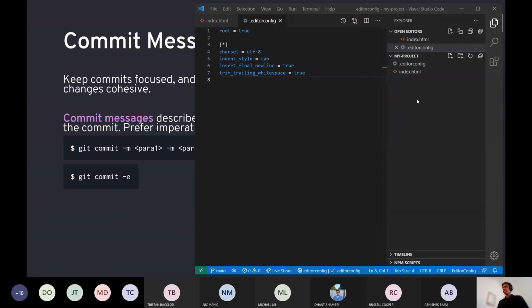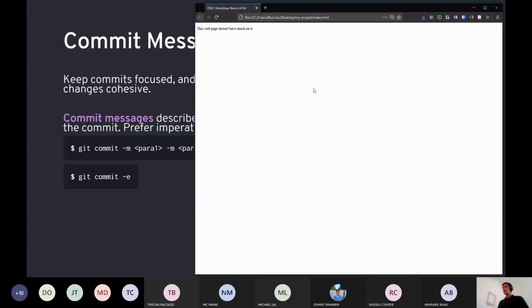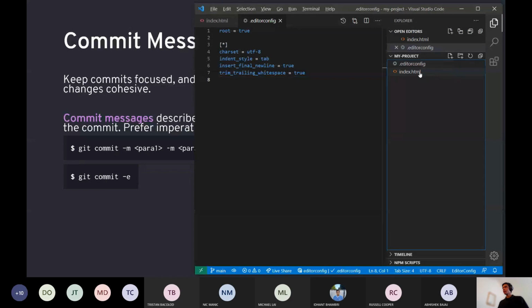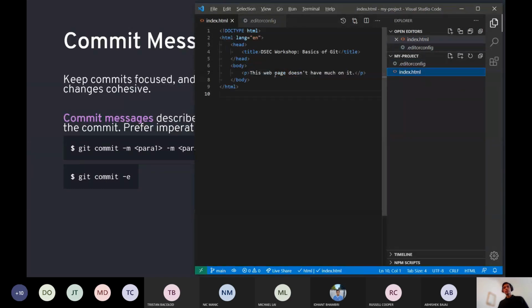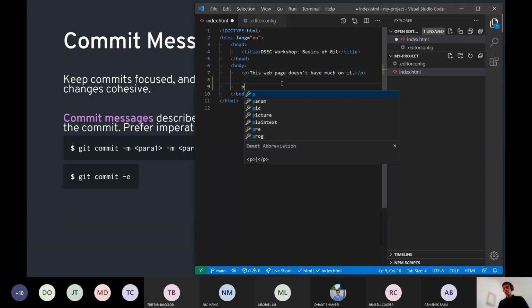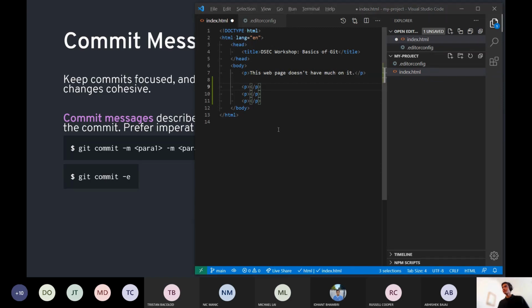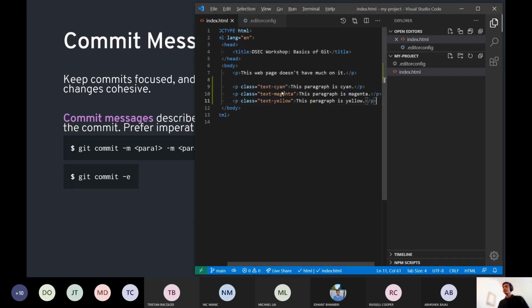So we've got an HTML file that we're working with. I'm going to add a couple of paragraphs of different colors. So I might do like 3 paragraphs. One of these will have cyan text, the other one will have magenta text, and the other one will have like yellow text.